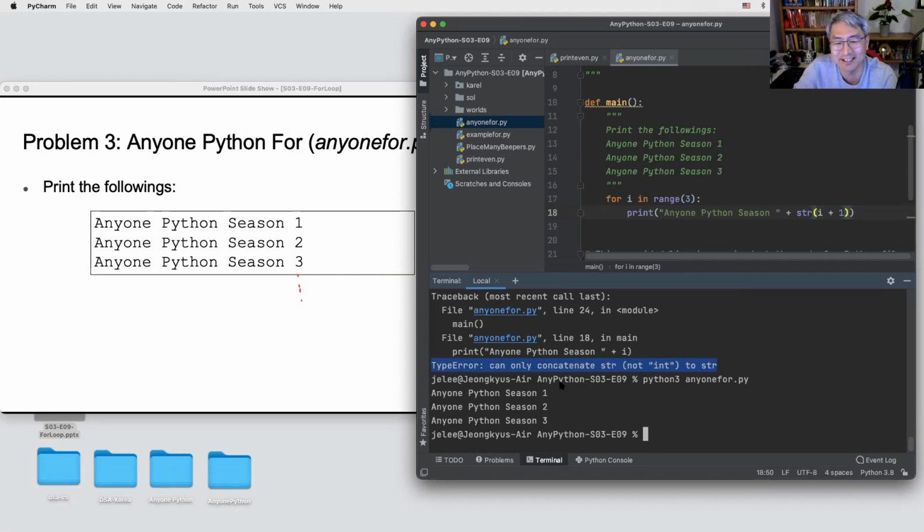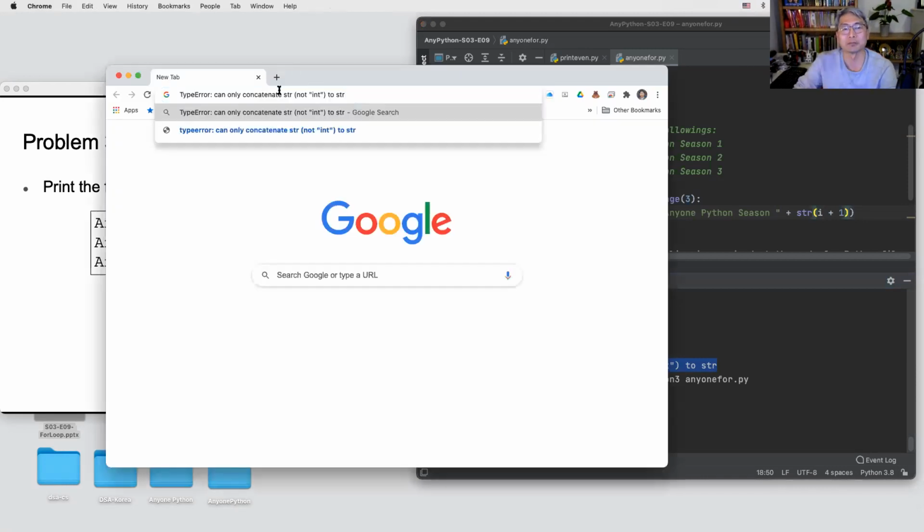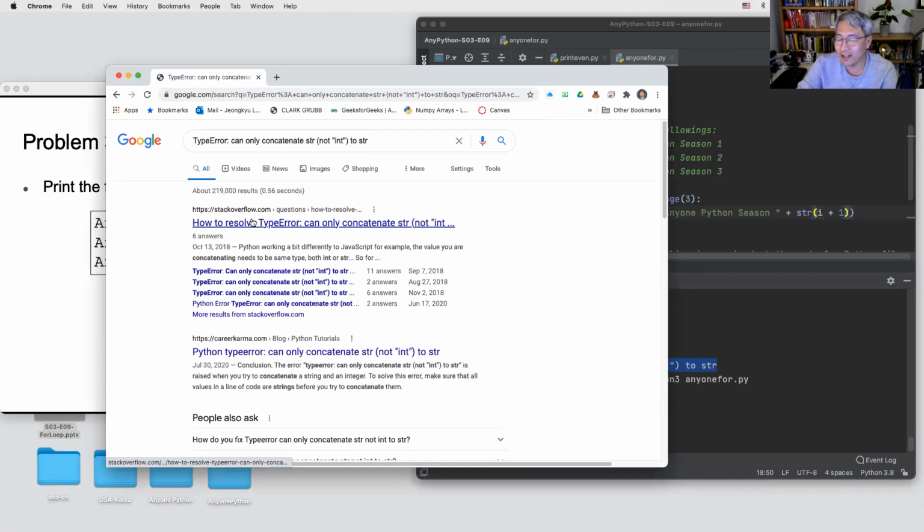Googling. Yes, that is the answer. So you can start your browser and search. You are not the first guy, you are not the first one who gets the error message. Mostly you can find the answer on stackoverflow.com. Not always, but mostly.